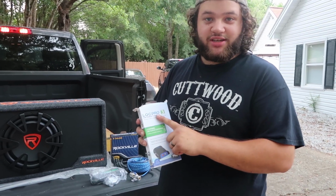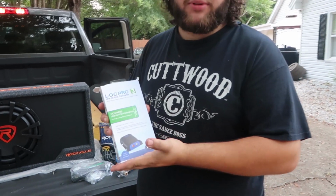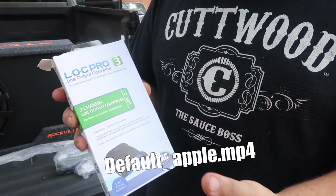This is a LOC, as you can see. These are pretty cheap to get. They're 20 bucks, and basically,